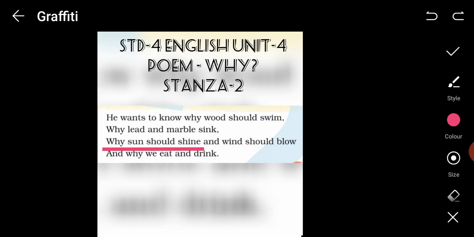Now there are some questions whose answers you can get. Some of the answers you can get from your parents, some of the answers you can get from your grandparents. But there are some questions which do not have an answer. So this child wants to know about all the answers, but that is not possible.